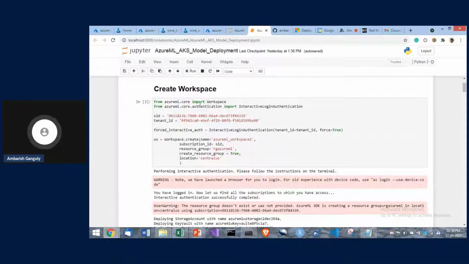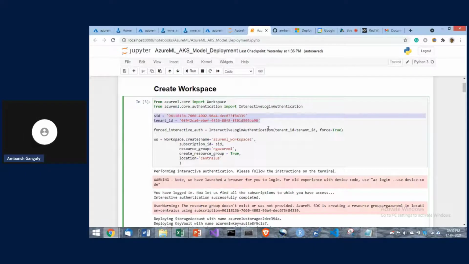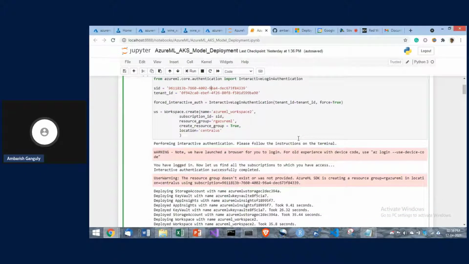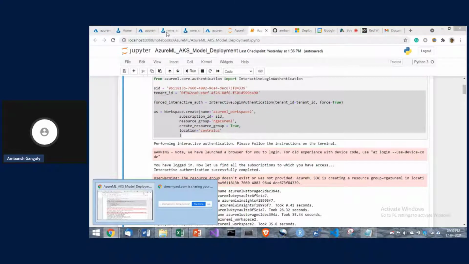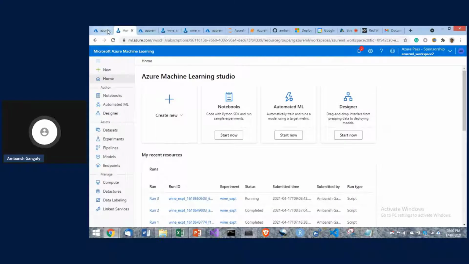What I'm doing here is creating a workspace. The workspace requires a resource group and the location. Then there is the subscription ID and the tenant ID. Use yours; mine is this. Once I create the workspace, the workspace is like a home for everything.